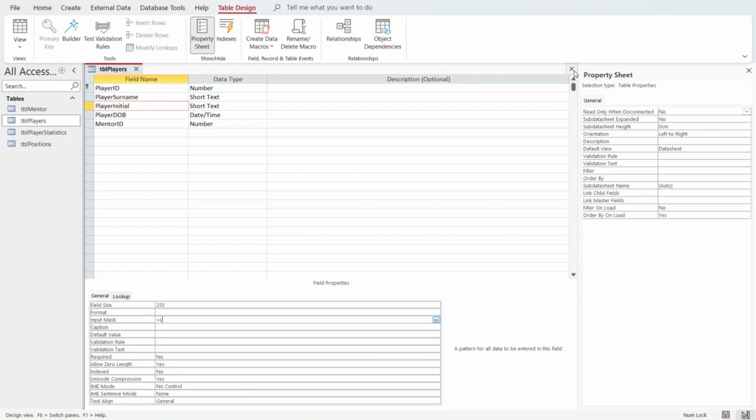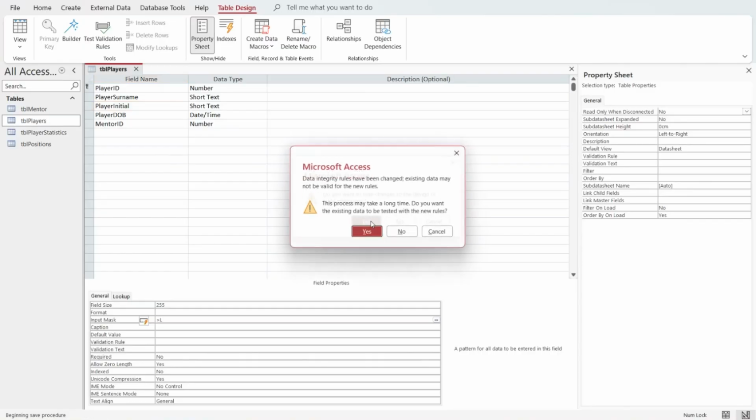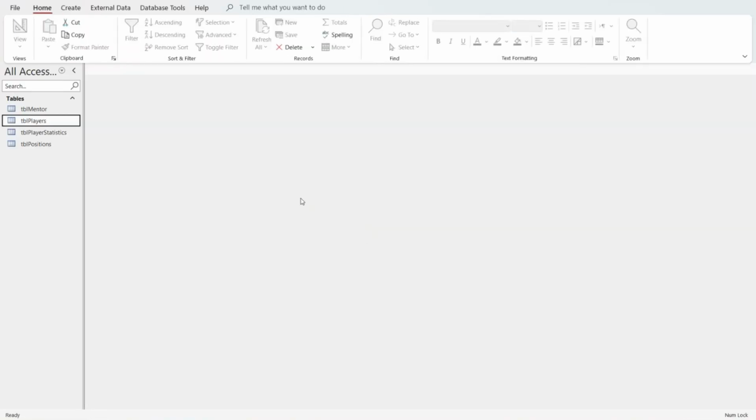And with that, we've done the basics of getting the validation rules in place, getting your tables set up so your tables are joined. And on the next video, I'm going to show you how to make some queries. And then having showed you how to make some queries, I'm going to